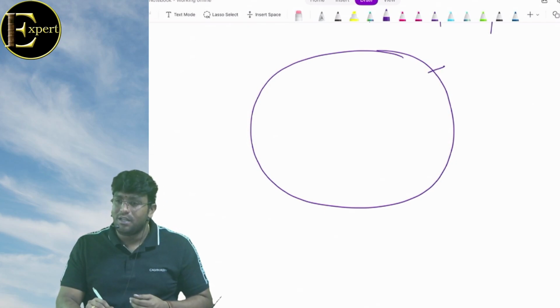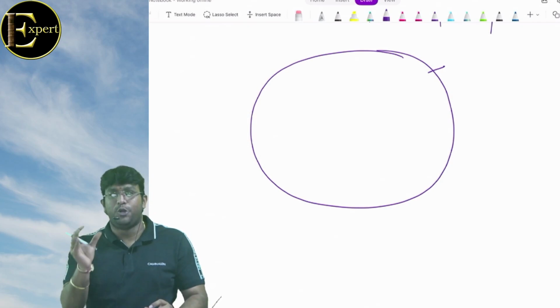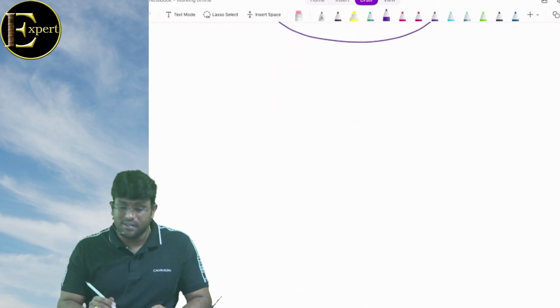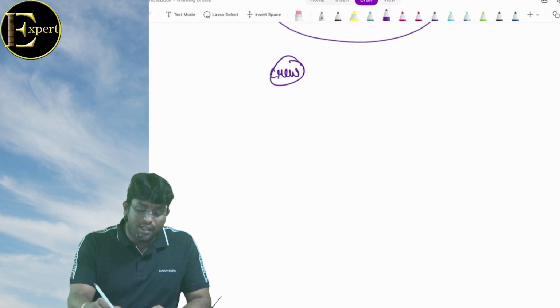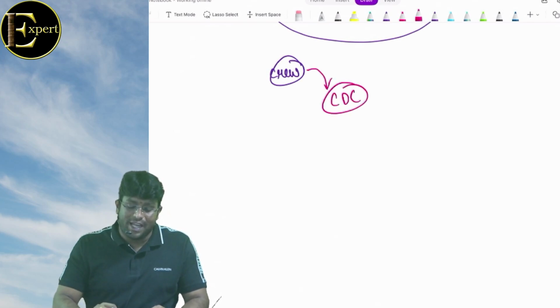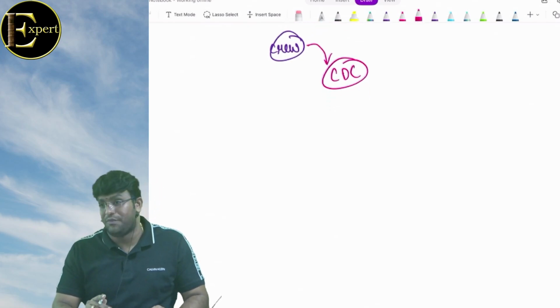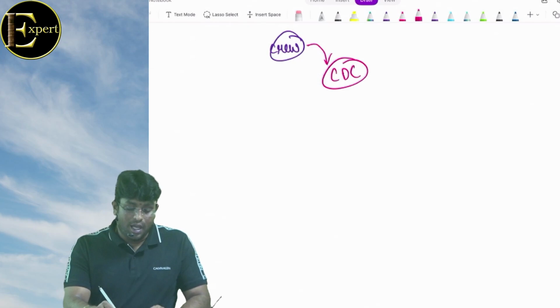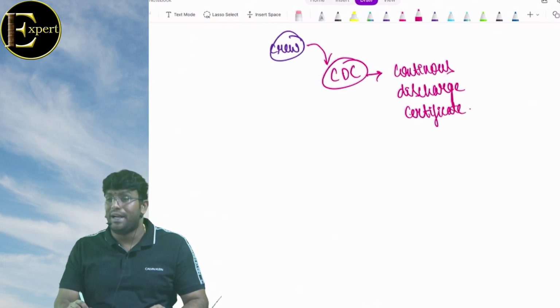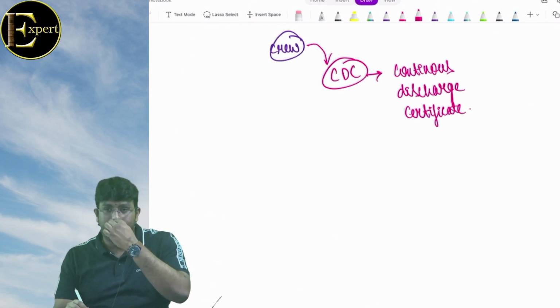समझ में आ रहा है क्या? There is no mechanism where the moment you cross it will tell you. ऐसा कोई concept तो नहीं ना? So for that reason, what they have done is, this crew member who is working in the foreign bound ship, they are given something called CDC, which stands for Continuous Discharge Certificate. What is that word? Continuous Discharge Certificate. It is something like an identity card that is given to the members working on the ship.